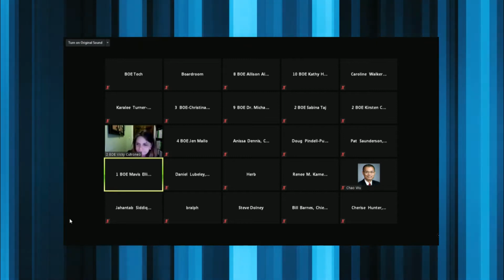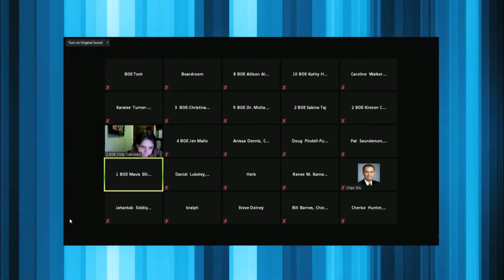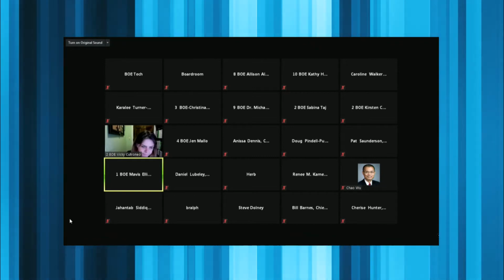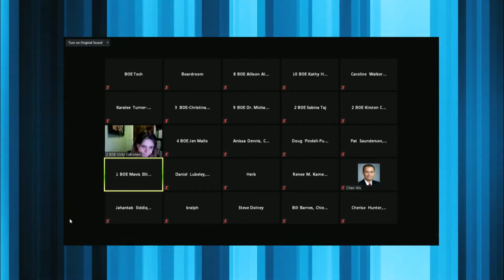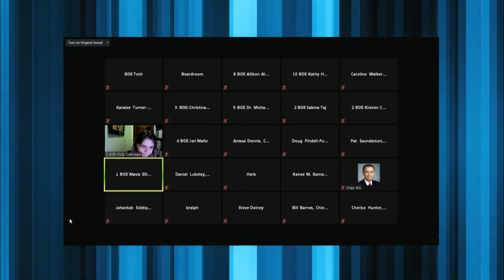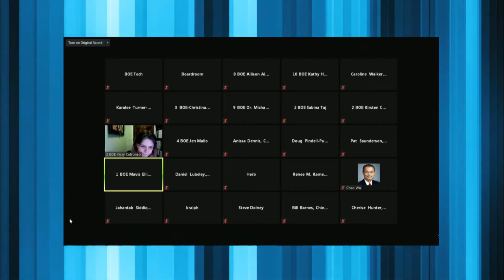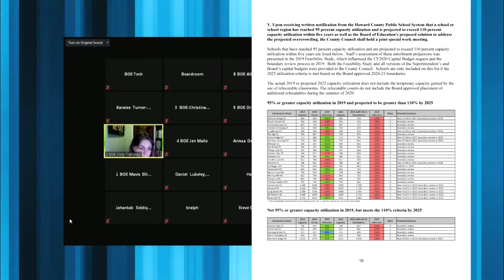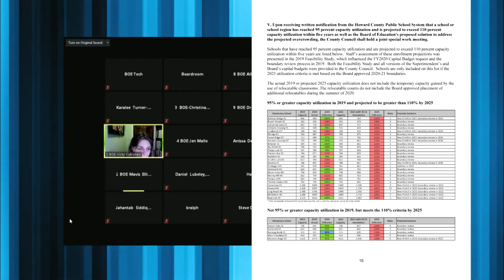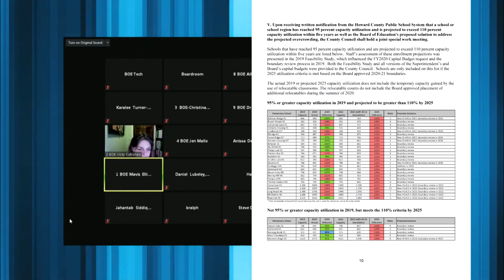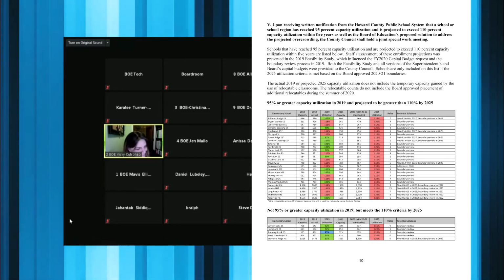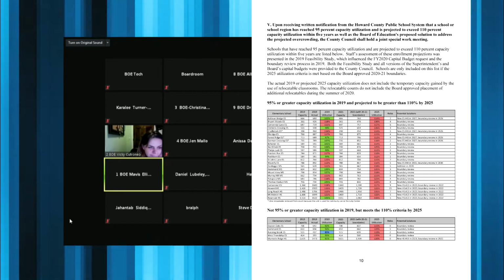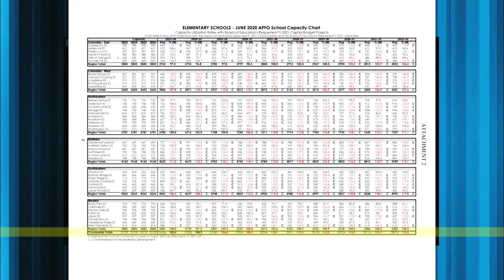Okay, so Ms. Caternio, I think you raised some really good points, and I would ask if Ms. Kamen could provide that data for our county council in terms of the number of seats we will need that we won't have. It's in the chart. It's in the chart. I know we have it by school. It's hard to read. It's tiny print. So, but it's by school, and I like the overall part too. Yeah, it's on the bottom.